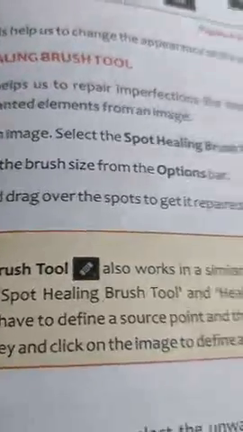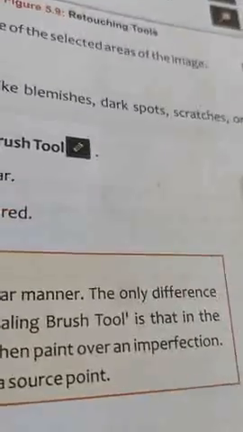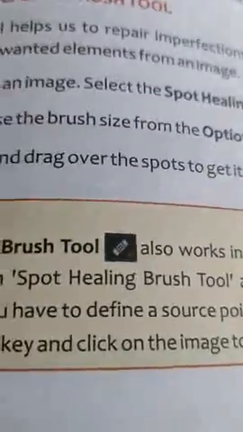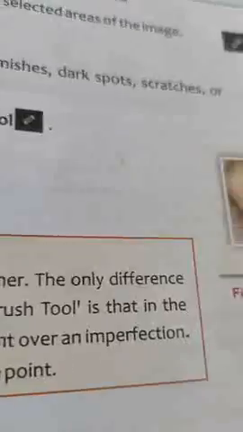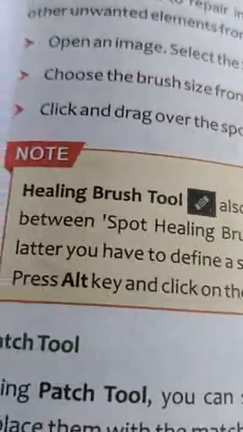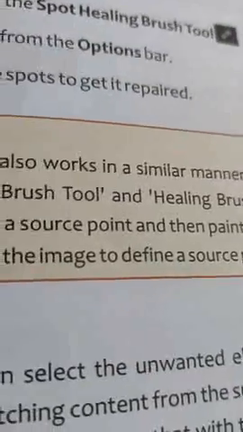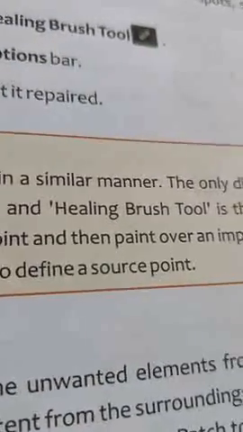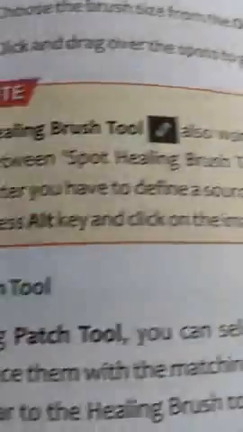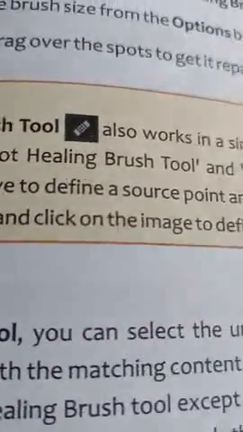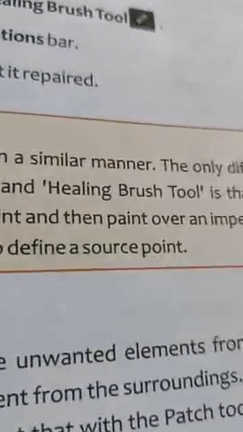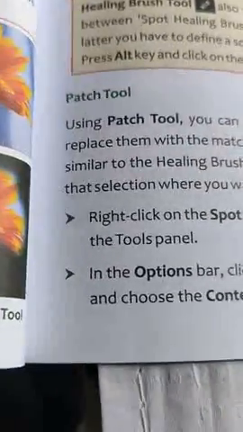Healing brush tool also works in a similar manner. The only difference between the spot healing brush tool and the healing brush tool is that in the latter you have to define a source point and then paint over an imperfection. Press the Alt key and click on the image to define a source point. And patch